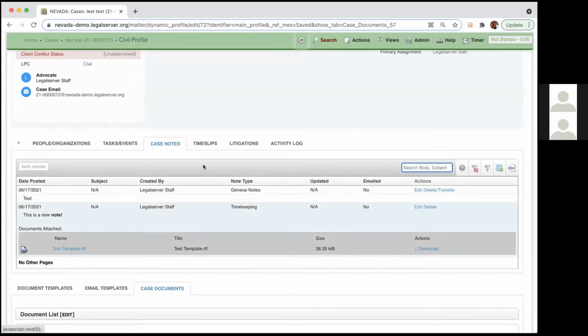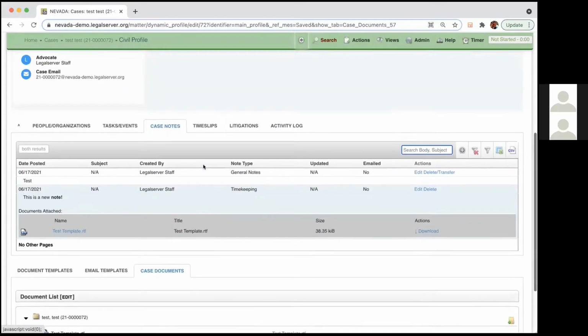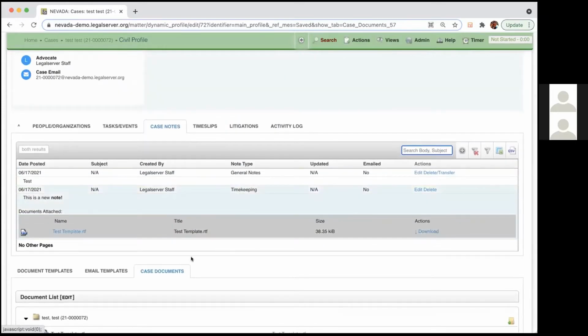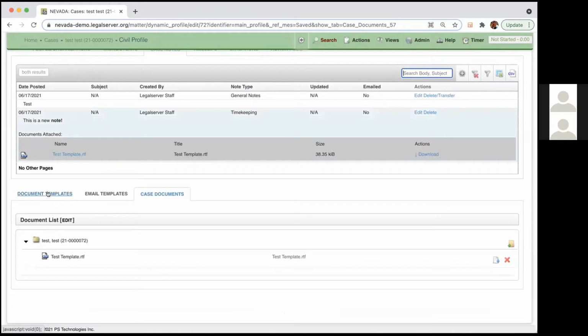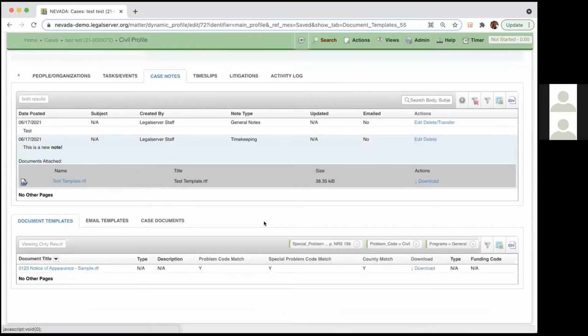All right, so one last thing I wanted to also just mention while we're talking notes and documents before I move on talking a little bit about filtering these lists is just that we also do have document templates available. So it looks like we only have one example on your demo site, which is pretty common because they don't copy to live. But you might notice once you have your live site up and running that you have other